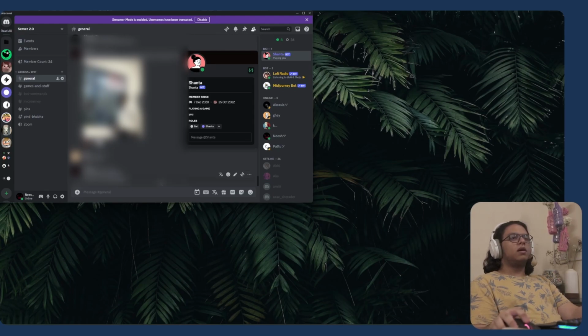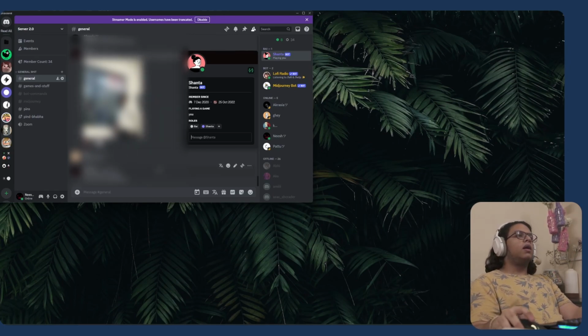But I'm using it for a few quality of life improvements, such as this member count channel. It is a function that runs every time the bot receives a member join or leave event, and it checks how many members there are and changes the name of the channel to the number of members.